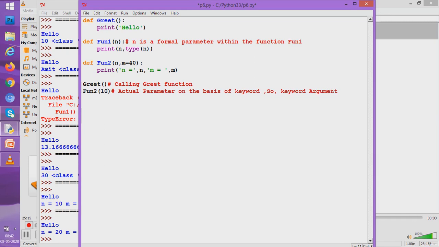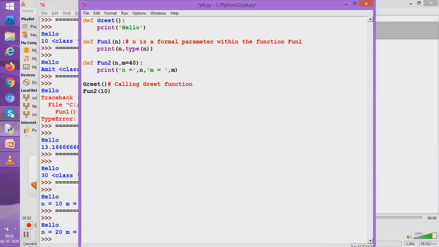Normally what happens? If there are two variables in the parameter list, that is there are two formal parameters n and m, when I call fun2, I have to give two values, one for n and the other one for m. But here you see we have got a liberty. What is the liberty that we have got here? The liberty is that even if I pass one value when I am calling fun2, fun2 is not going to complain.